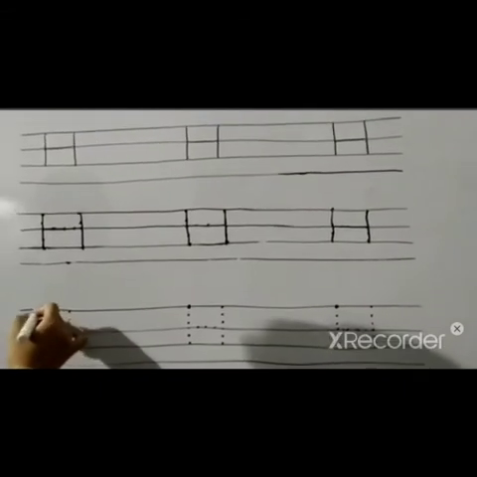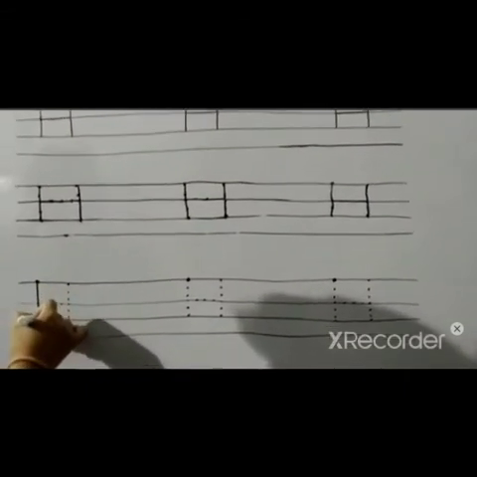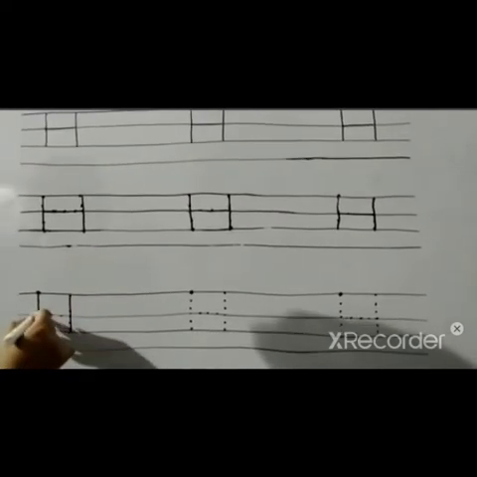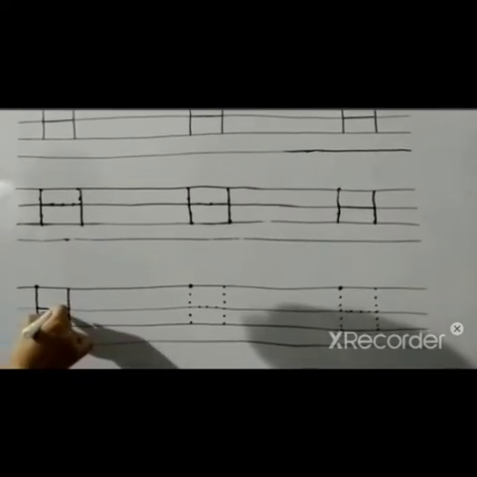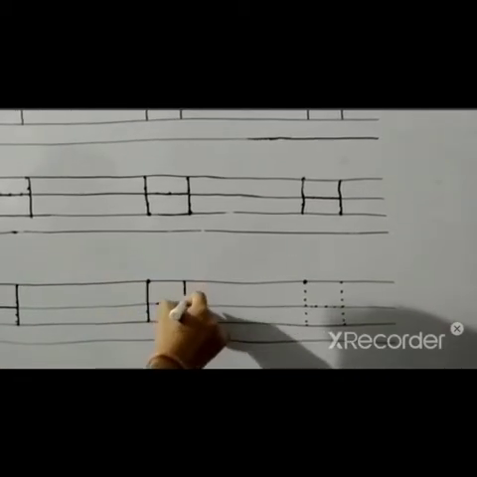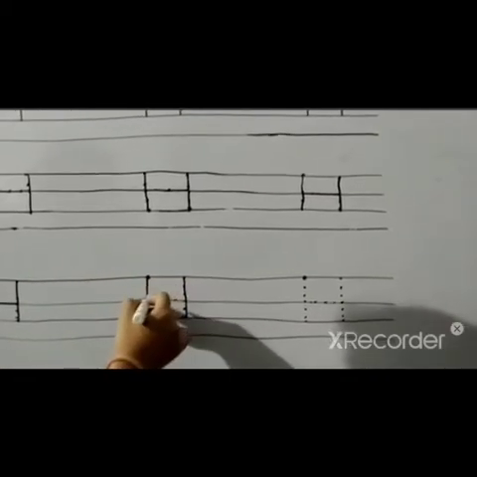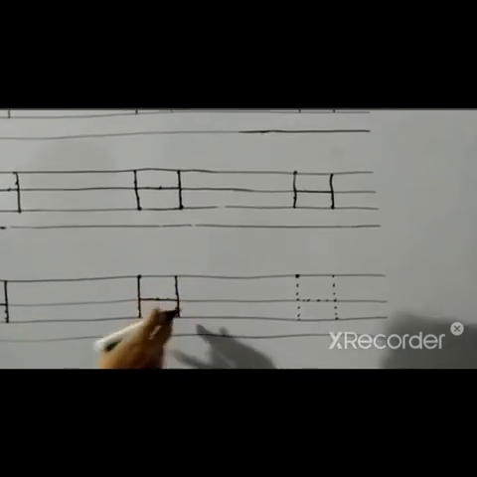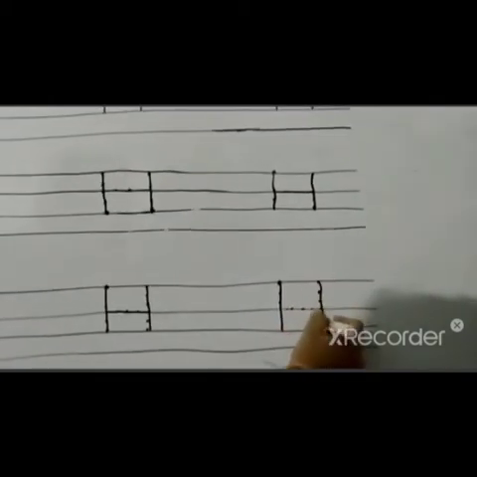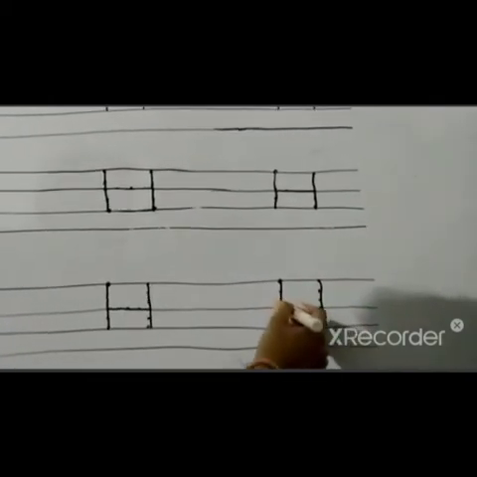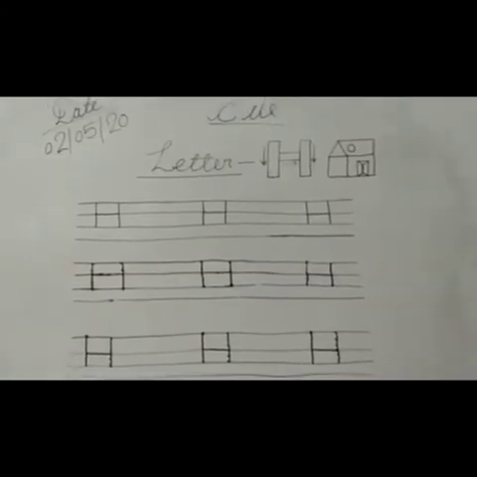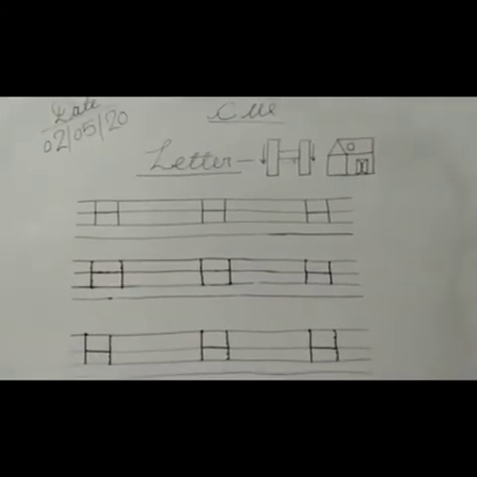Again we will make standing line, then we will make another standing line. After this we will go to the middle and make a sleeping line. Standing line, standing line, sleeping line, standing line, standing line, then we will trace sleeping line. Kids, you also have to practice like this as I told you on the board. Okay.